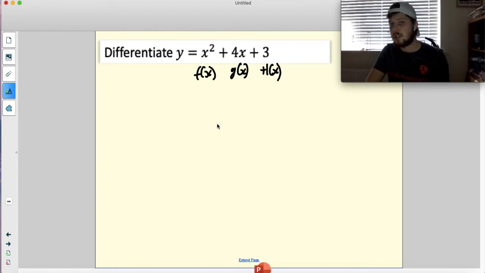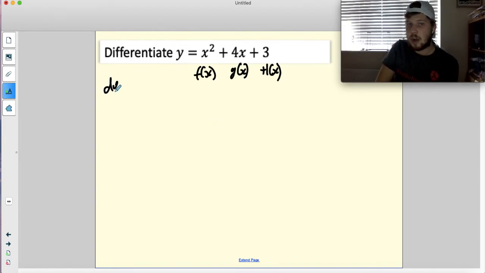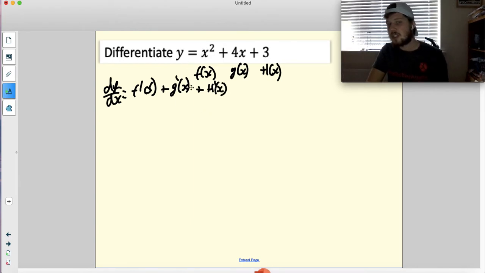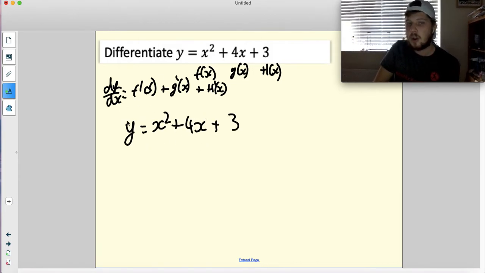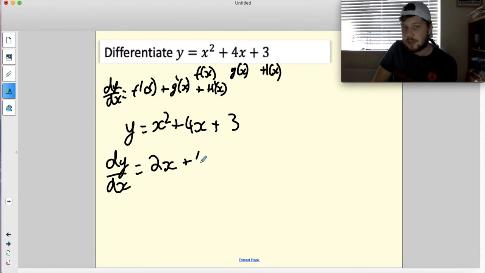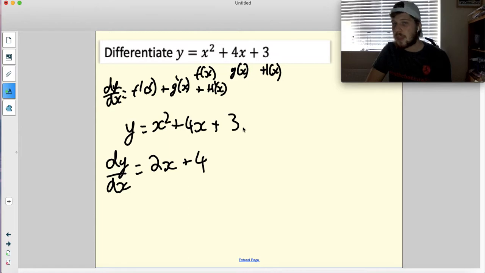These are all functions, and if I want to differentiate y with respect to x, that's going to be the same as the derivative of f of x, add the derivative of g of x, add the derivative of h of x. So I can just differentiate each of these terms separately, and that would give me my derivative for y. So for this question, the derivative of y is going to give me, well, this would turn to 2x, this would turn to 4, and our constant term here, well, if we think about what we're finding,